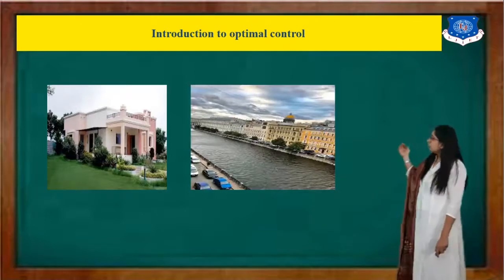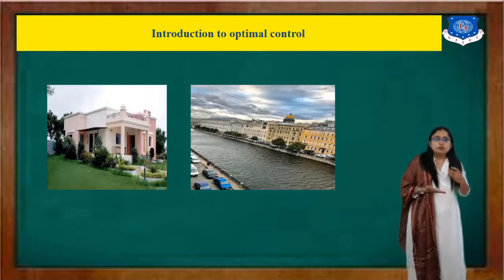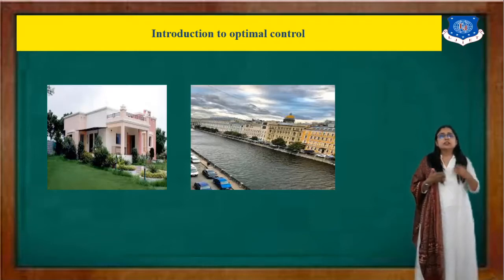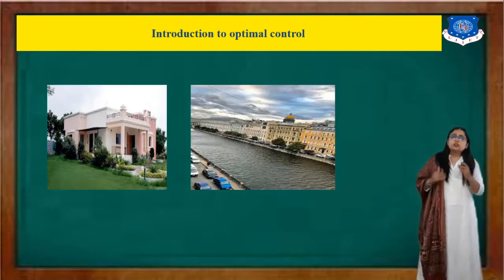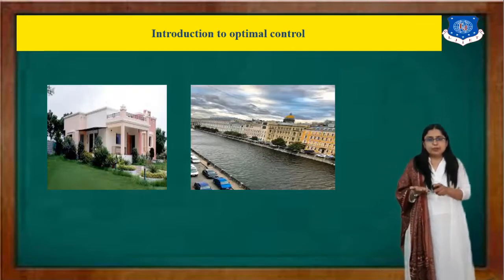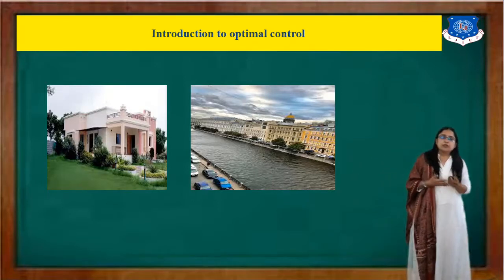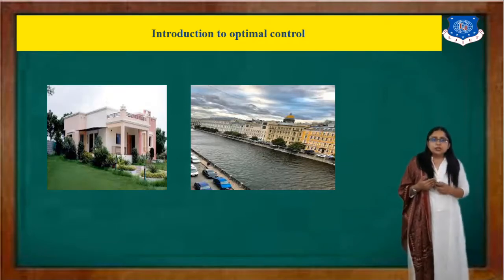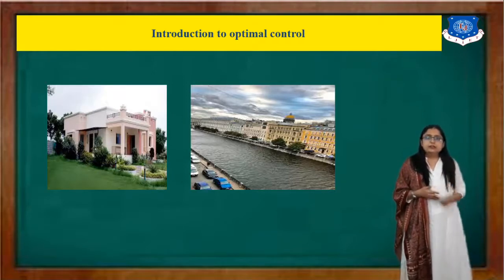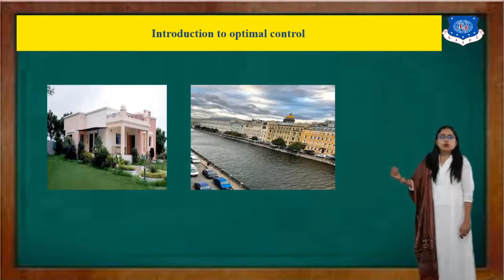That means this is your home and here is your office. Now, if you want to reach from home to office, then you have to first travel by road and then by water and then finally you will reach your office. So, there are many ways. For example, on road you can travel by bus or car, in the river you can travel by personal boat or ferry, etc. But among these options, you have to find out which one is the optimal option. So let's first discuss the different options to reach from home to office.